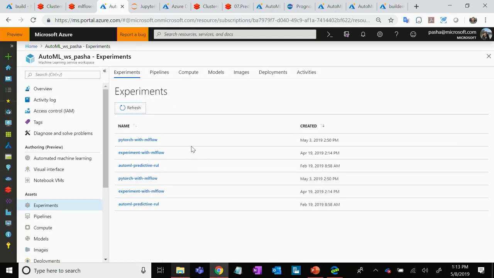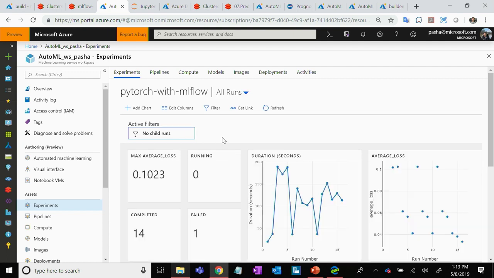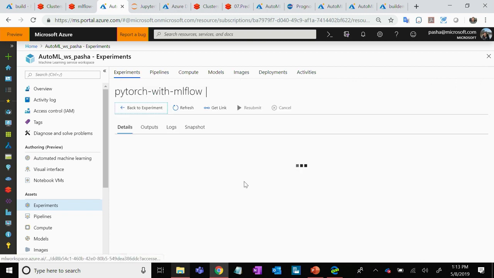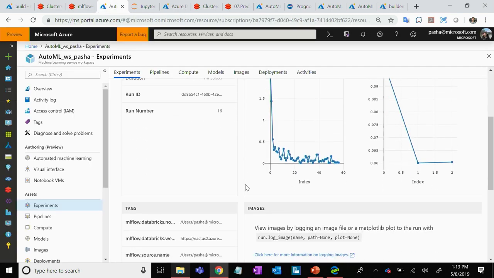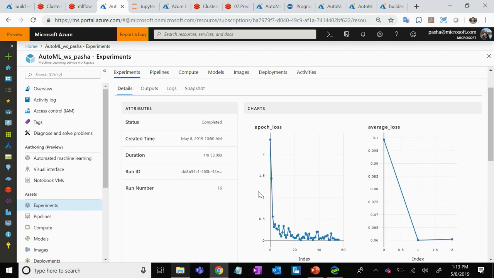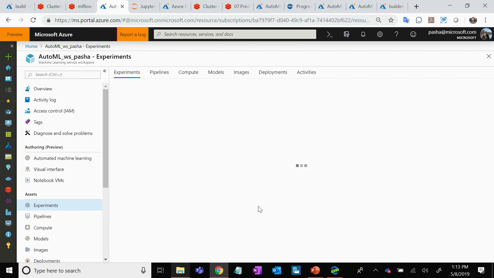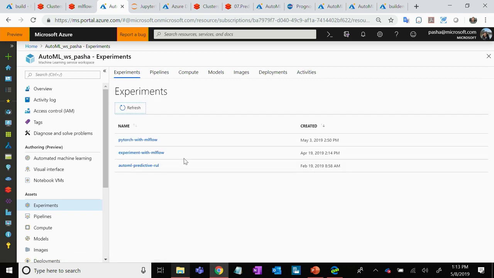And I have this experiment open. So this one. So this is my workspace, and when it finishes the training, I think it's just starting. Yeah. So when it finishes the training, you can see the actual logging happening in the same workspace. So this is the same workspace in which I showed you the automated ML experiment as well, right? So there was this automated ML experiment which did not use MLflow, and then there is this PyTorch experiment where